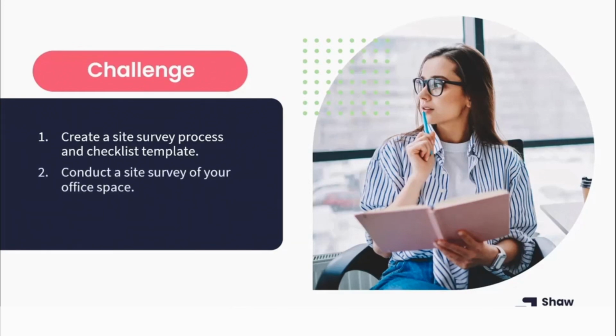Your second part is to go out and conduct a site survey of an office space. So it could be an office space that you're working in now. It could be a friend's office space. It might be your partner's office space or an office space in your very own home. Make sure you're following the process that we covered in this lesson. Make sure that you're preparing everything prior to conducting that survey. Take your checklist with you and make sure that you tick off everything in that checklist. Add the dimensions to your site survey. So remember, you're going to sketch out the little space by hand first. Add